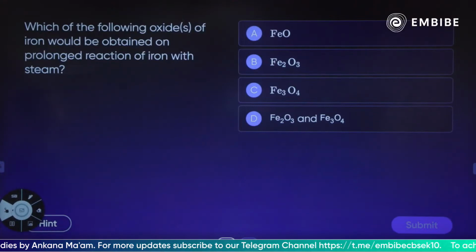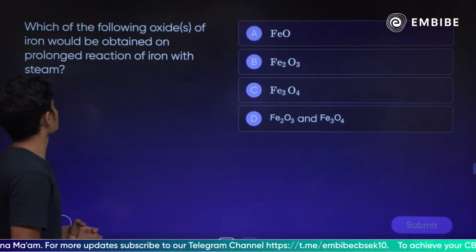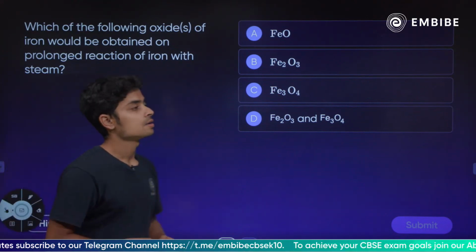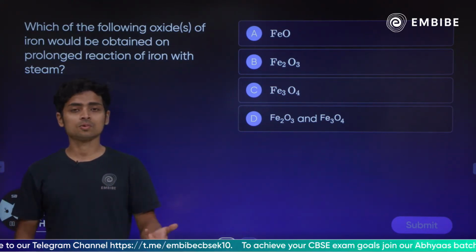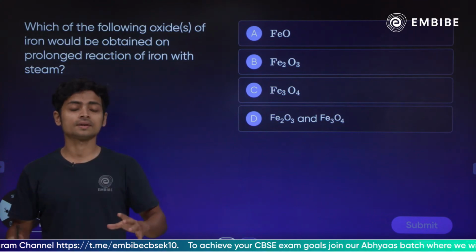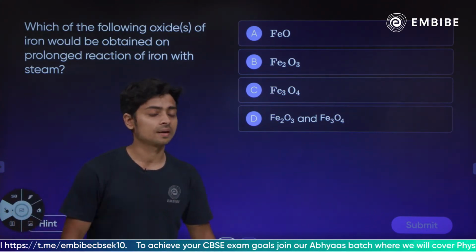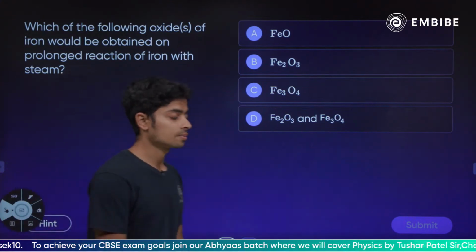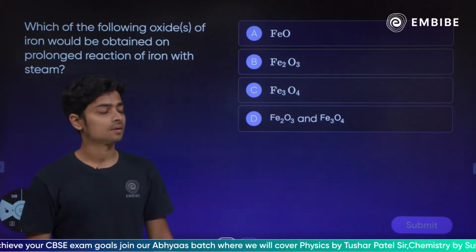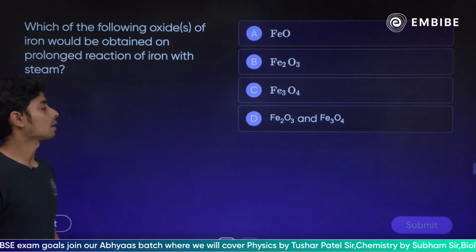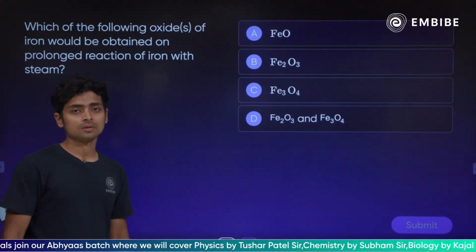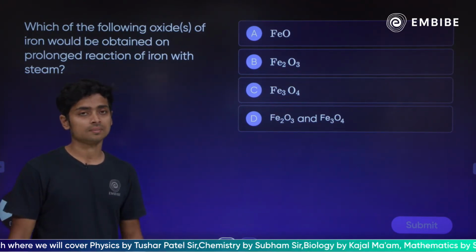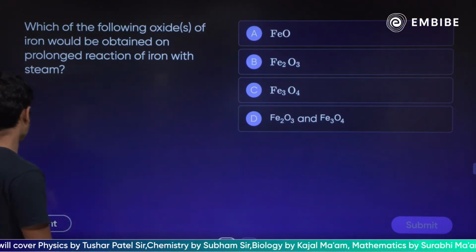Okay, so first question. Which of the following oxides of iron would be obtained on prolonged reaction of iron with steam? So iron reacts with steam. It does not react with cold water, normal water, even hot water, it reacts with steam. So when you react iron with steam, you get a metal oxide and hydrogen gas. Iron being relatively low in the metal reactivity series, it is a relatively less reactive metal. So what happens when iron